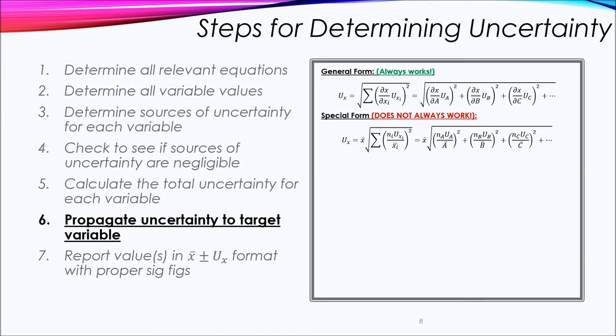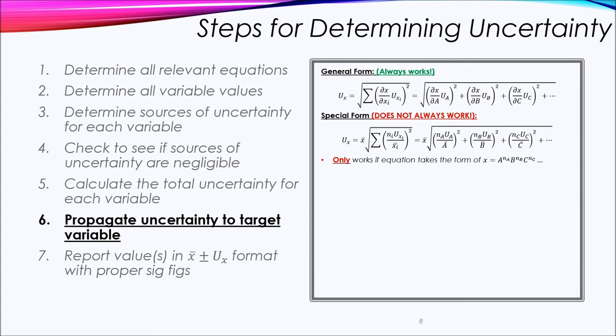If it's 1, they just drop out entirely, and then you're just left with the relative uncertainties, which is really nice because if you only know the relative uncertainty, not either of the values, then this can really make your calculations easier. Now again, this only works if it takes a special form, which I have shown here, where x is equal to a to the power of n of a times b to the power of n of b times c to the power of n of c, and so on,